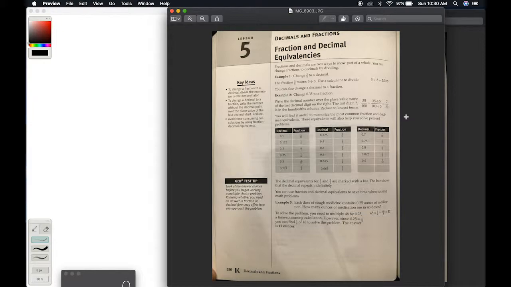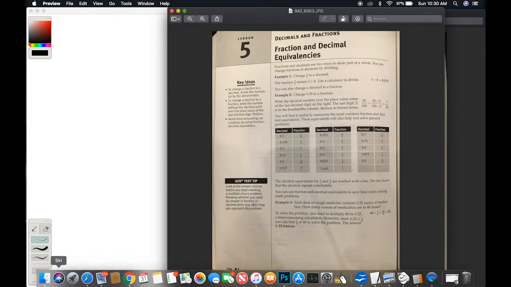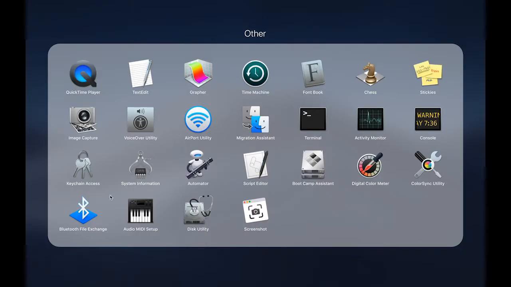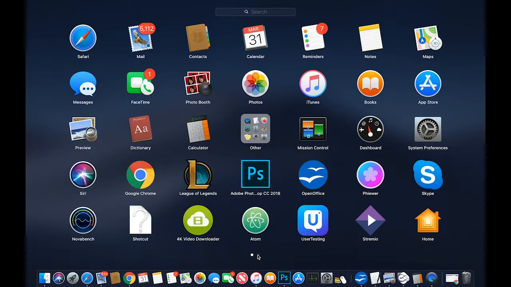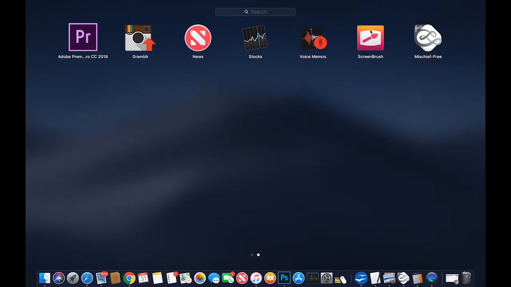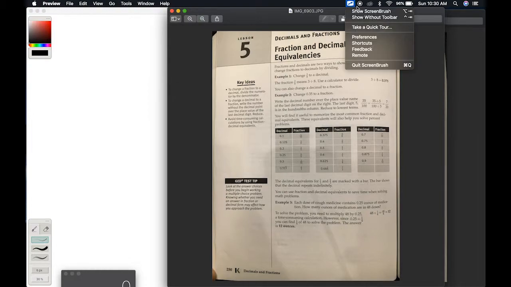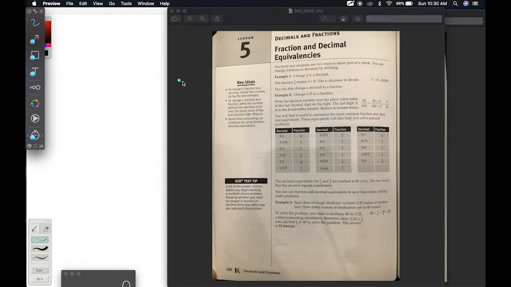This is fractions and decimal equivalents. So there's actually no work that needs to be done on this particular page here. I'm going to open up something here so you can see my cursor a little better. Okay. See that blue dot there? That's where my cursor is. So there's no actual work that needs to be done on this page here, but this is just for reference. But I am going to cover this in our actual work page, so I just bring this up as a